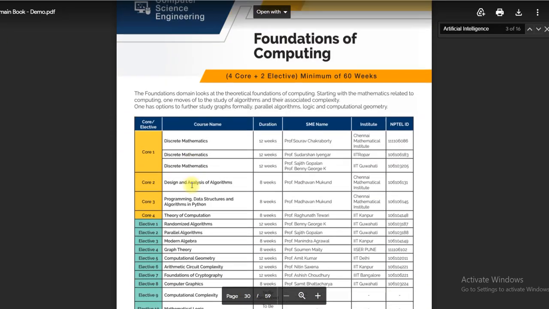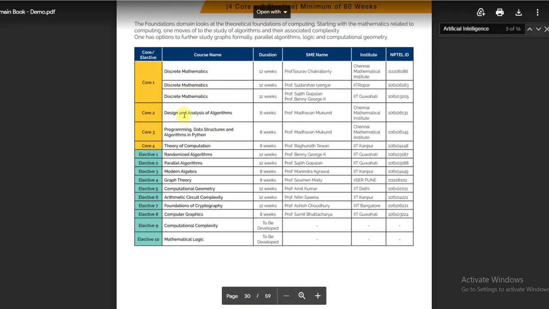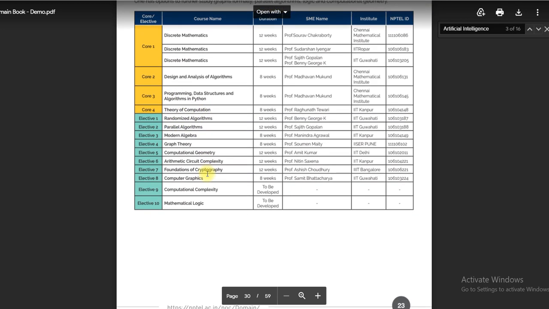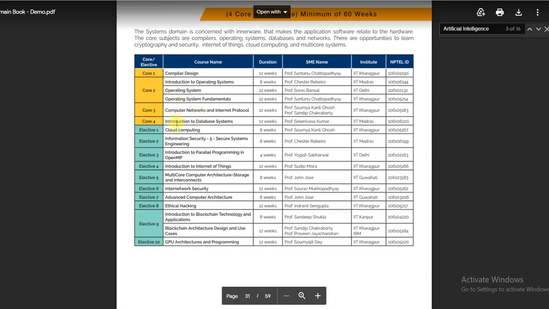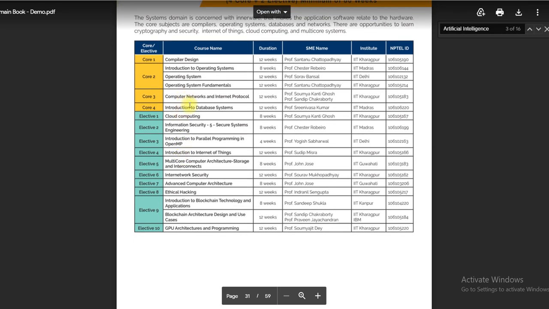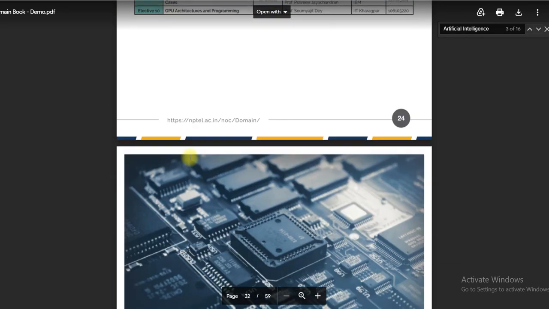Okay guys, for these courses I am not providing anything for now, but I have done many courses from here. I have done 3 core courses, just 3 core courses from here. If I also do any more core courses and 2 elective, I will get this domain also. Yet I have not got any domain. I will keep on trying and I will definitely get it. So these all are the courses, you can check it out.